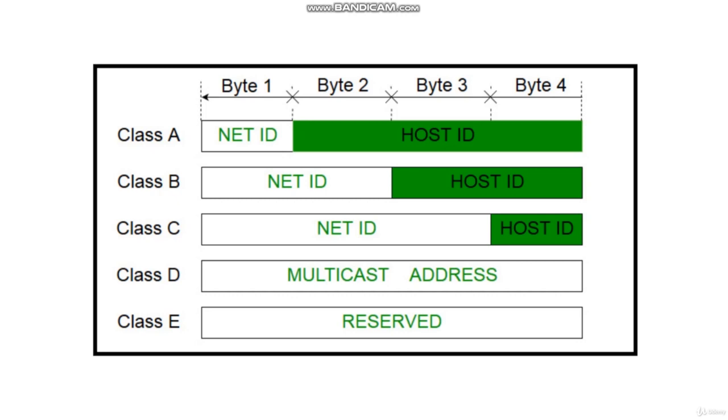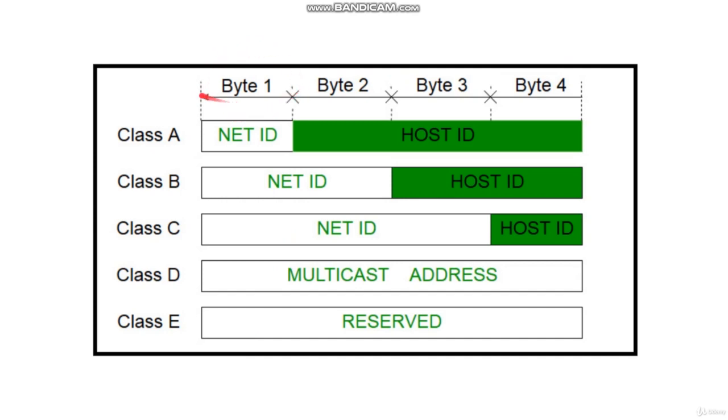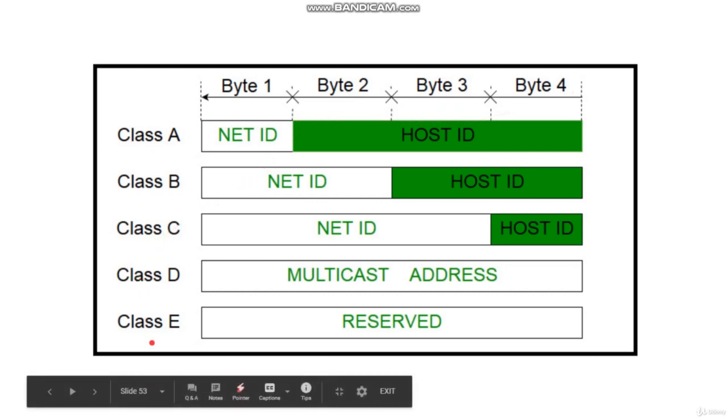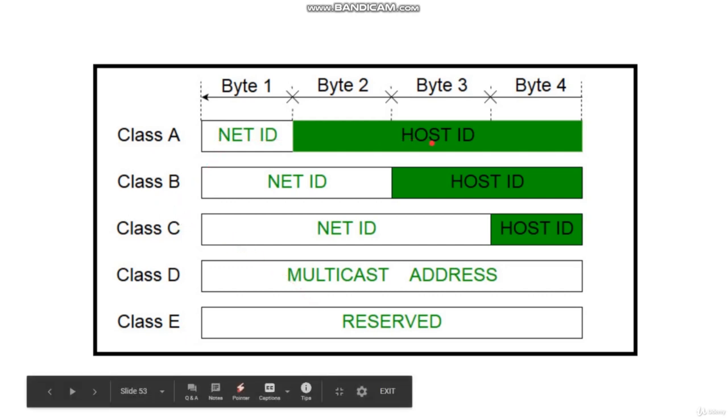The 32-bit IP address is divided into 5 classes. These are class A, class B, class C, class D and class E. You can see there are 4 octets. One octet is 8 bits, that is 1 byte. Therefore, this is a 4-byte IP address or 32-bit IP address. Each of these classes has a valid range of IP addresses. Class D and Class E are reserved for multicast and experimental purposes. The order of bits in the first octet determines the class of the IP address.